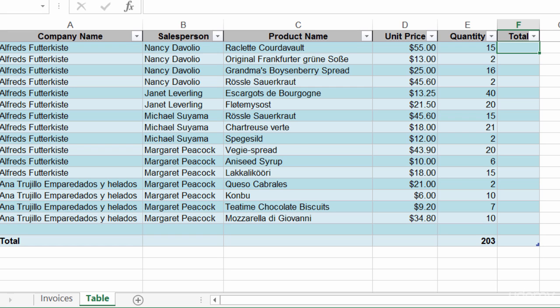So something else you can do with tables. I need to add a formula here that calculates the total. And that's going to be my unit price times quantity. Well, normally what you would do is type in equals maybe D2 times E2, enter that in, and then copy that formula down. Well, since this is a table, I could